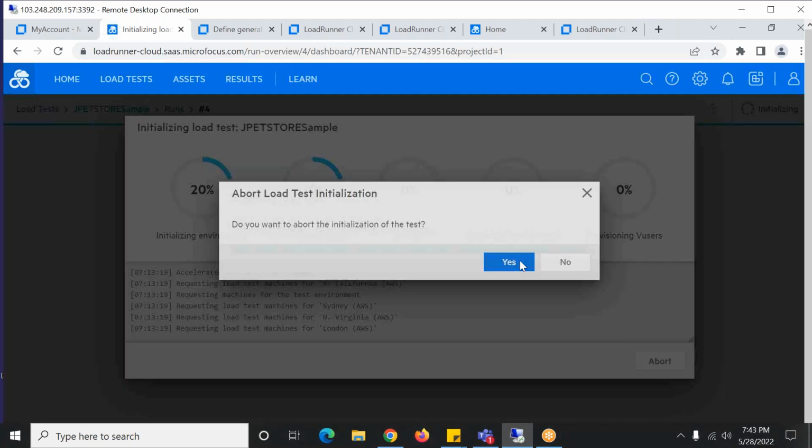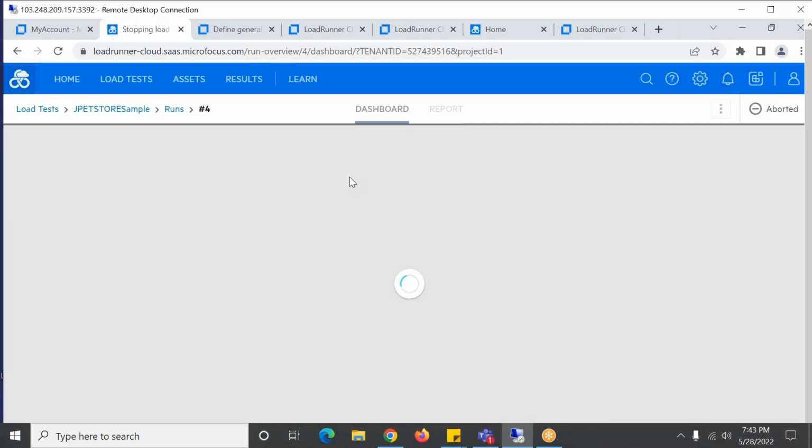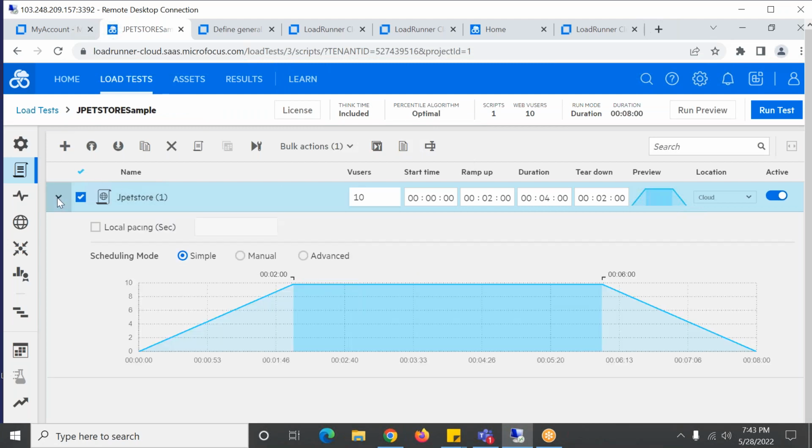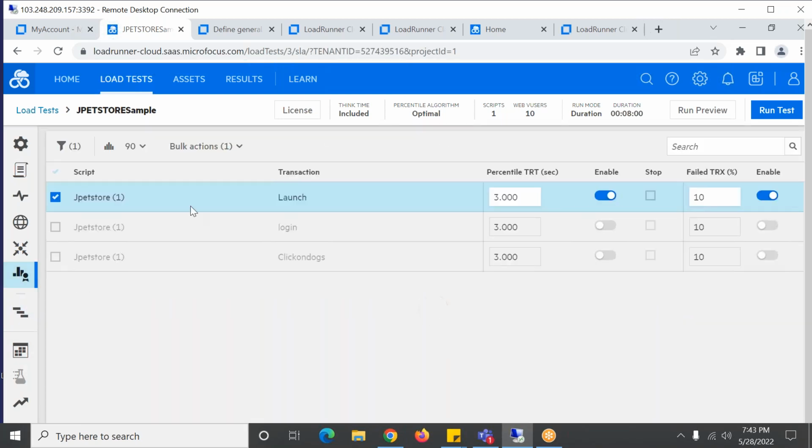There's this local pacing, in seconds, that we are giving. I'm not aware of this local pacing, but generally we follow the runtime settings pacing, no? Yeah, that's why the question is there. Why is it here? The option is on, the checkbox is there. I'm not aware of that option.